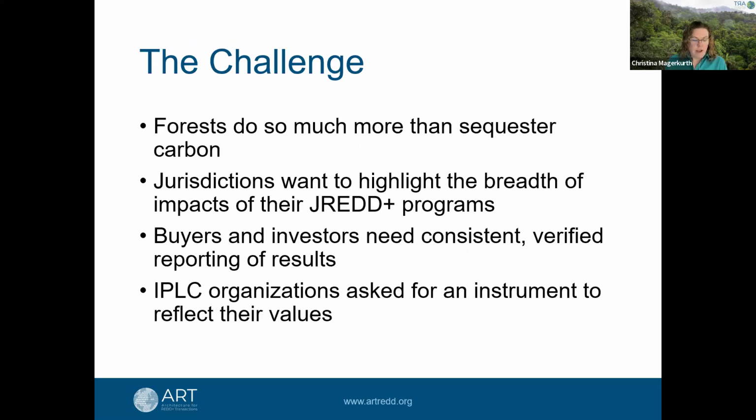Okay, so how did we get to the point that we are? ART has our standard, TREES, which includes the requirements for quantifying the carbon results of jurisdictional REDD+ programs, along with our safeguards requirements. However, everyone knows that forests do a lot more than just sequester carbon. There is an incredible range of other benefits related to climate, biodiversity, and the people who depend on and protect the forests. About 2 years ago, ART began to be approached by stakeholders, expressing the need for a new type